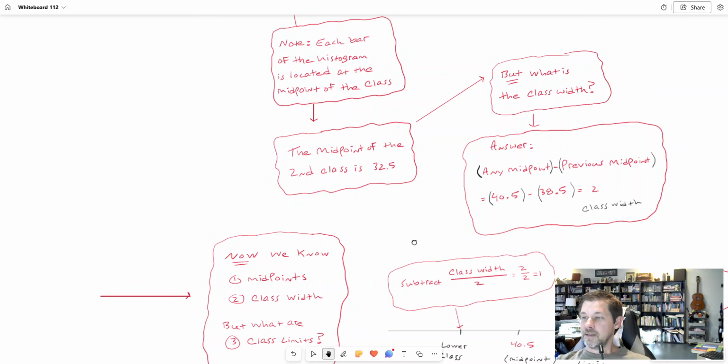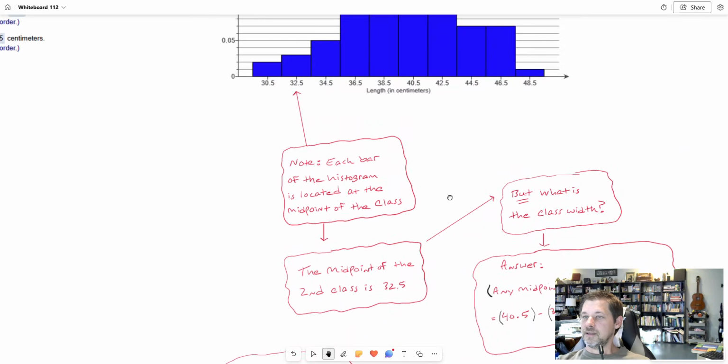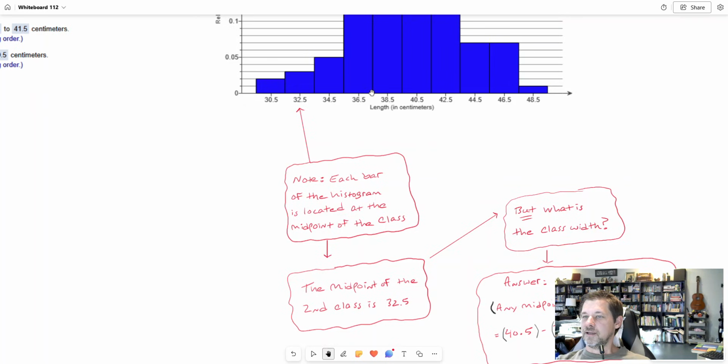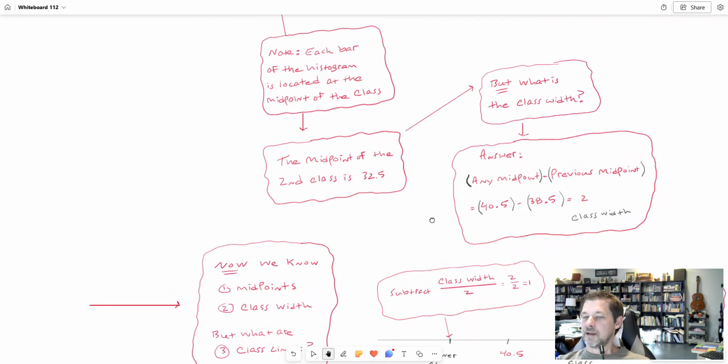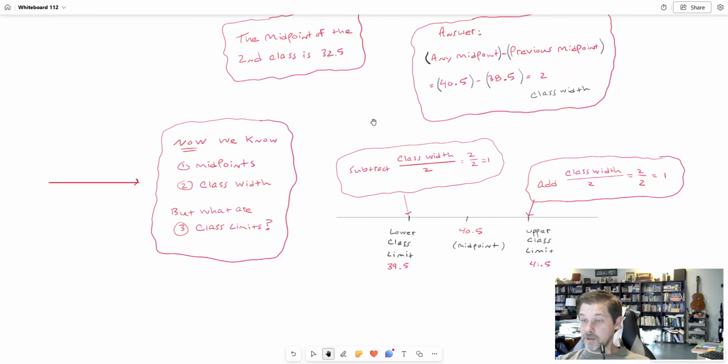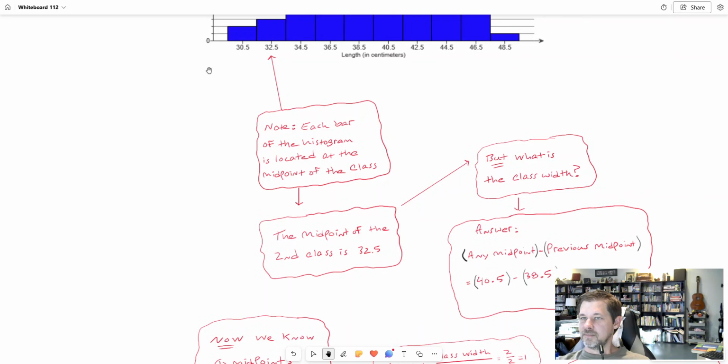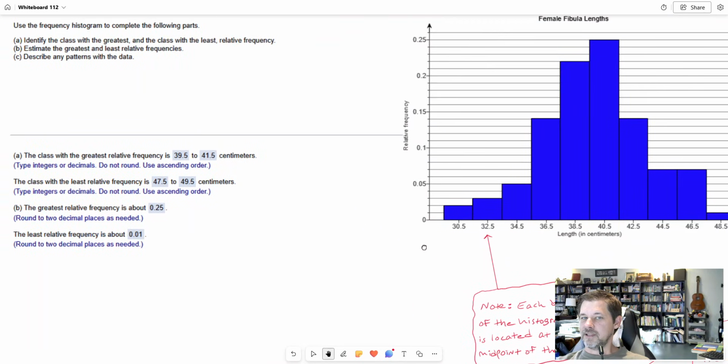Now, the class width is the key to figuring out where any one of these bars begins and ends. Here's how we do it. We know the midpoints, and we know the class width. So far, I need the class limits. I need to know where the bar begins and where it ends. So I redrew the graph in a way that's like I'm zooming into it. I'm going to look right at 40.5 because that's the one that I know is the answer to this first